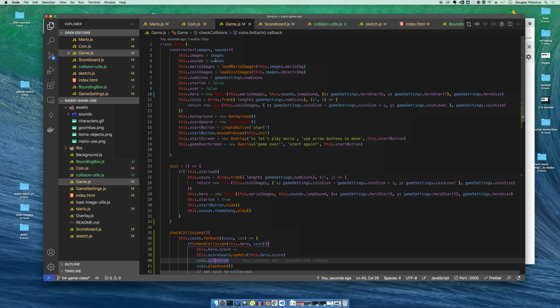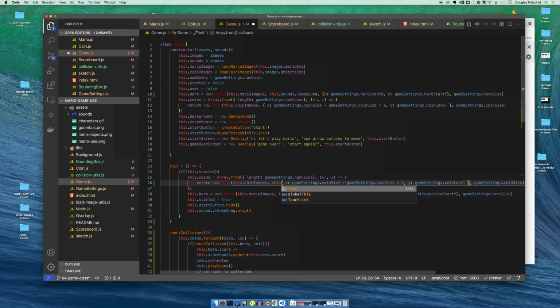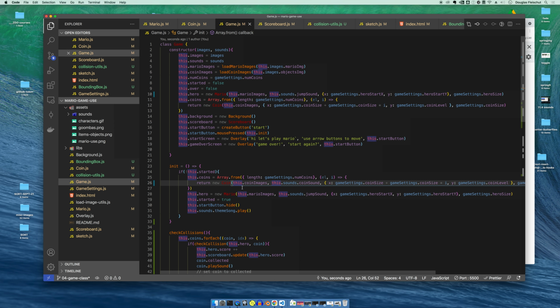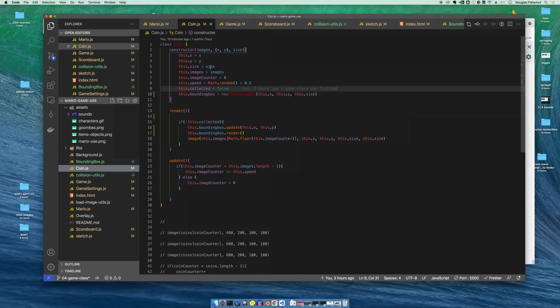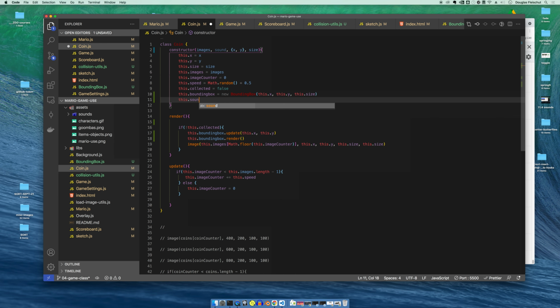So we'll have sounds equals sounds. And here we'll pass in this.sounds.coinSound. Now I need to be sure in my coin, and I'm going to update it here, but I'm also going to update it here. Key screen. I passed in the coin sound, so now in my coin I need to make sure that I accept sound. And then we'll say this.sound equals sound, and we'll say